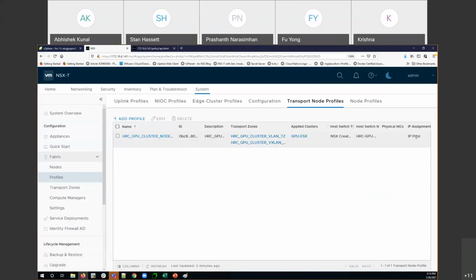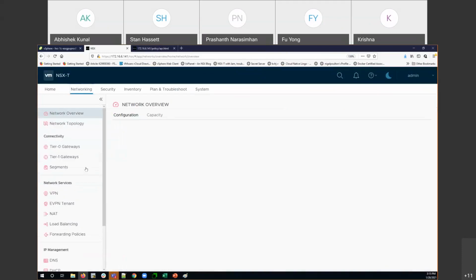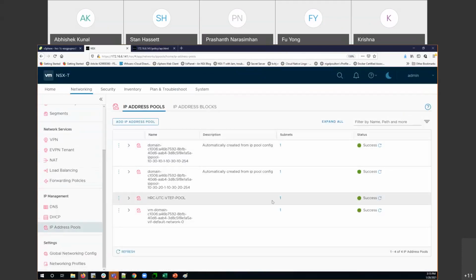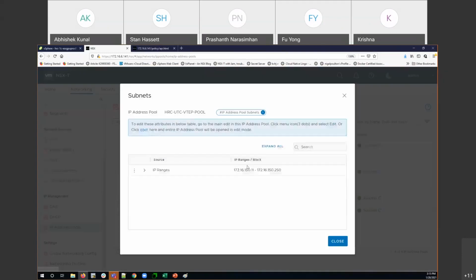Obviously, I have also called the IP pool. I have already created the IP pool, which you would be able to find in the networking. This is the IP pool that I have created. So whatever devices are going to get the VTEP IP, will get it from this particular block. So when we plan it, it totally depends upon how many ESXi hosts there are and what load sharing method you're using, like the number of VTEPs. On that basis, we need to plan